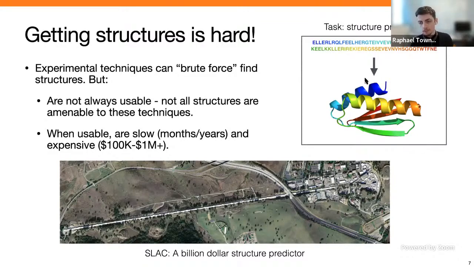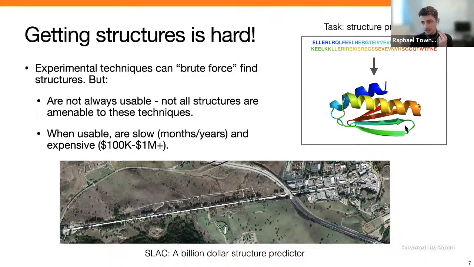Now, this is a really important problem for a number of reasons, and the entire field of structural biology has been trying to solve it for many years. The classic way of doing this is through experimental wet lab techniques, for example X-ray crystallography, and I'm showing one of the machines down here. This is actually the SLAC linear accelerator, which has been converted to one of these machines and is basically a $1 billion machine to solve this mapping here in the top right. That's great when you can use them, but it's obviously quite expensive and quite slow. A good friend of mine did his entire PhD solving a single one of these mappings, and that was considered a huge success overall.